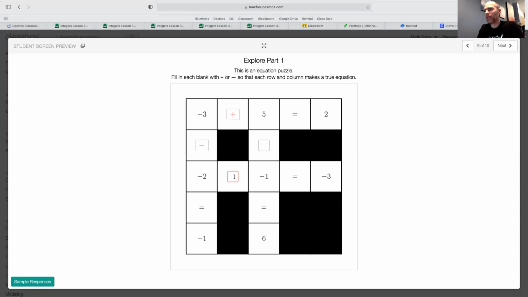All right, here we got negative 2 blank negative 1 equals negative 3. That's an easy one. You just add those, right? When you're adding negative numbers, they just add the same way positive numbers do, but you keep a negative sign on there. All right, and then the last one going down this column,